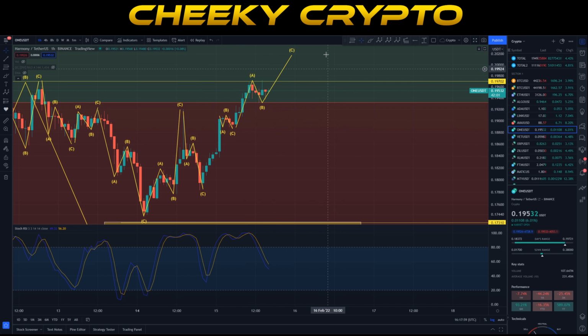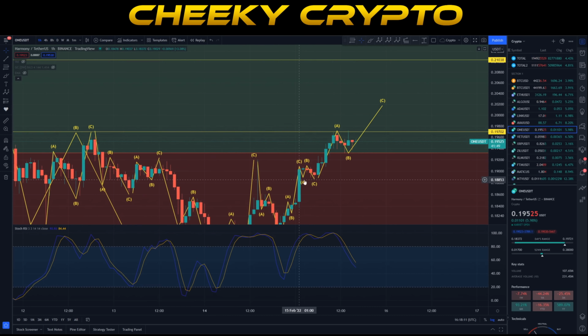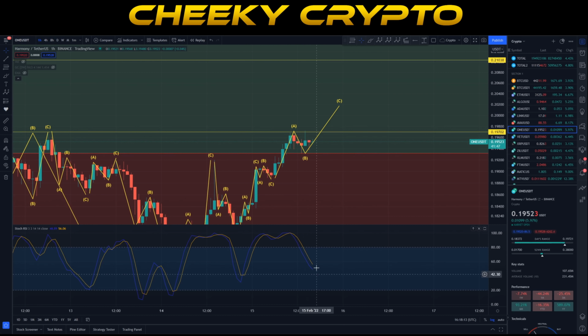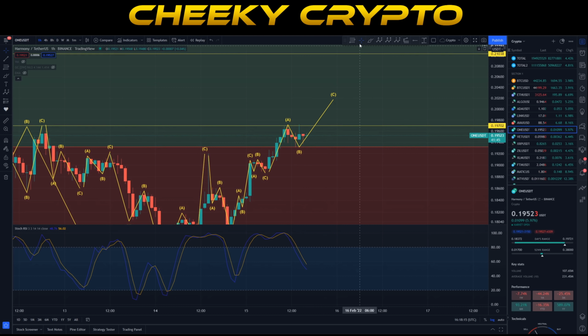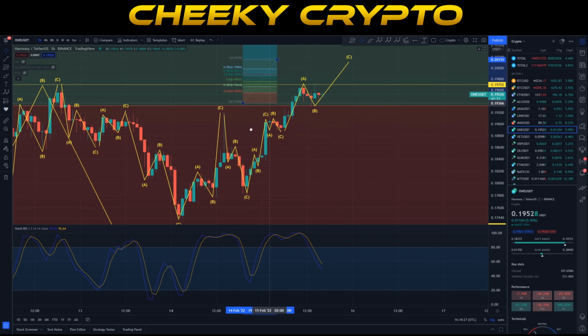So let me delete that one off and see if that plays out over here. A, B, C, that looks like a 1-to-1 ratio, not a problem. So effectively this could be what we're looking for, tracking nicely to the downside in terms of the stochastic RSI. So we'll measure this distance, and we'll throw this onto here. That gives us our target of about 20.1, which again is aligned to the bigger view that I did also